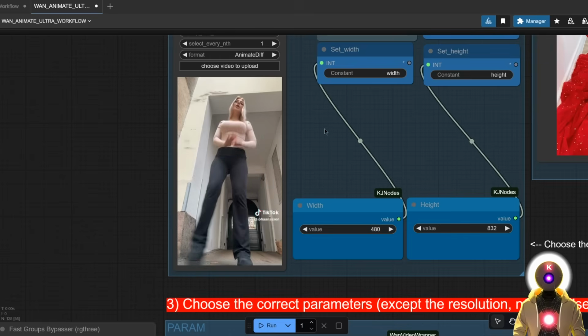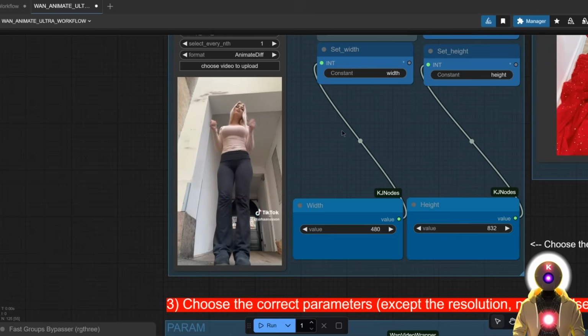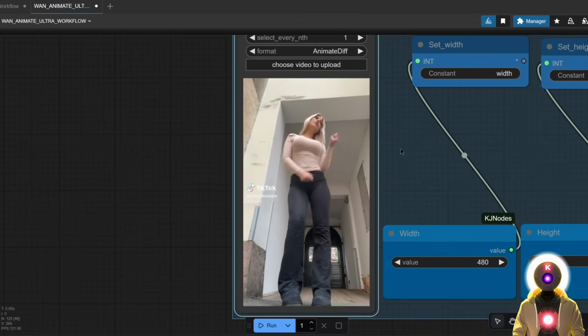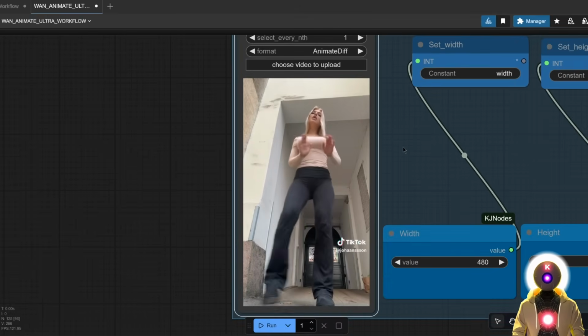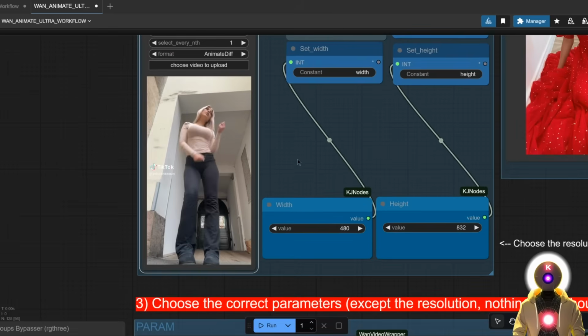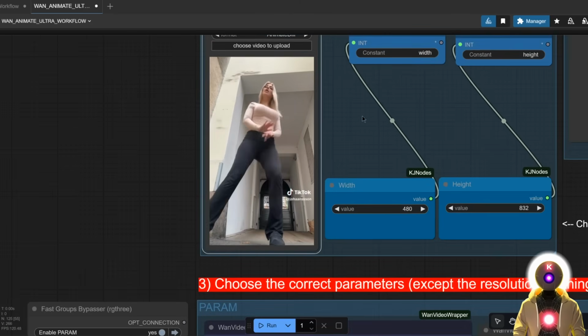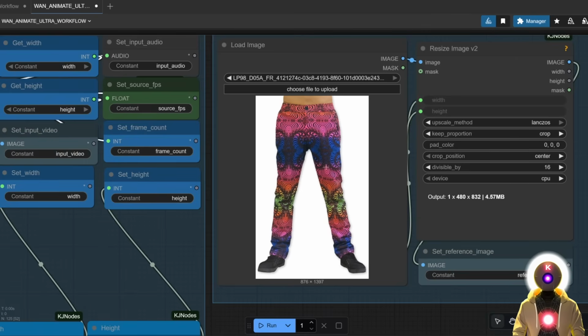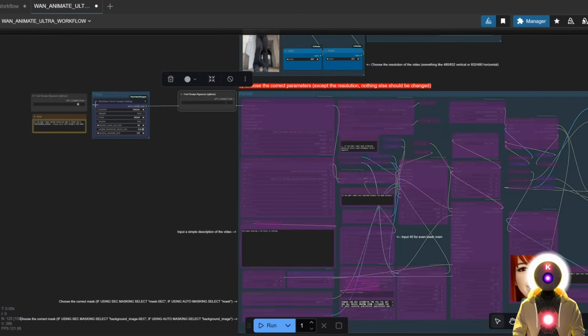So let's say for example, I have this video of this girl dancing that I found on TikTok. And since the video was a little bit long, I'm gonna cap that to something like 250 frames. It's gonna be enough to see how good it is at following the movement. So here, for example, let's say that I want to replace her gray pants with something a little bit more colorful. Let's say that I have these very weird pants that I found online, and then I'm gonna disable this